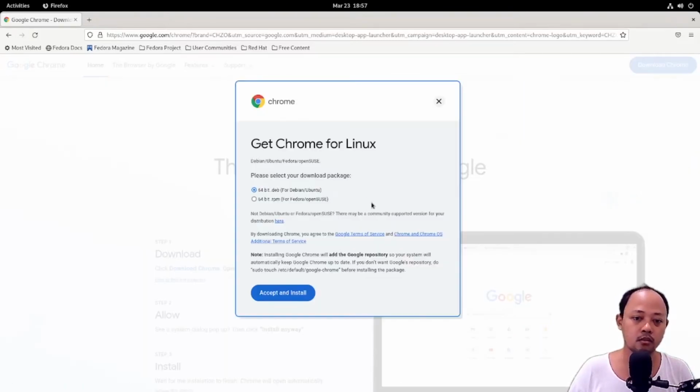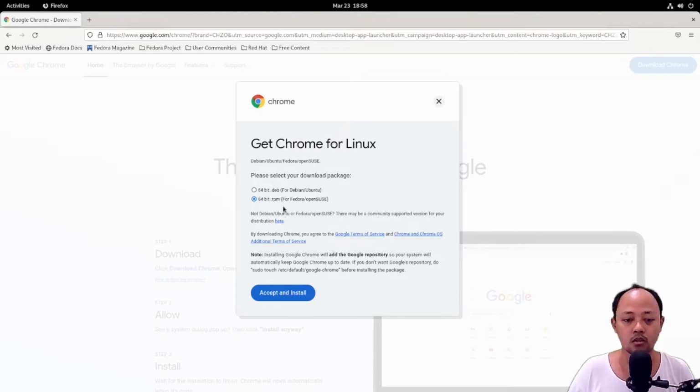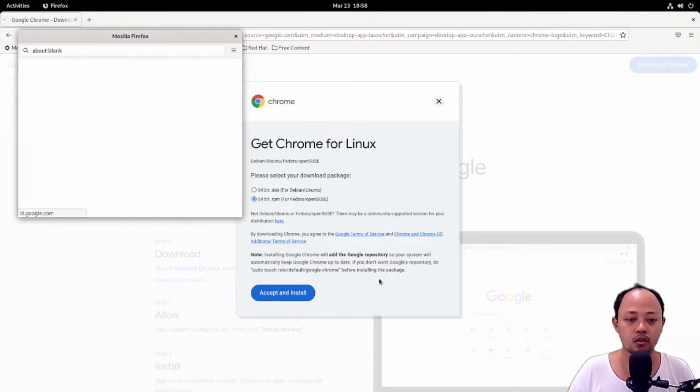Click it and choose the 64bit .rpm, because I use Fedora. Accept and install.